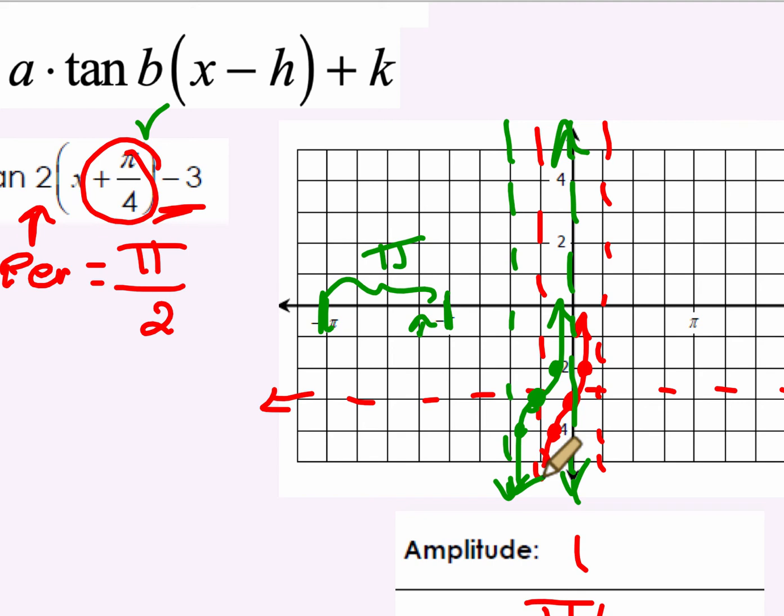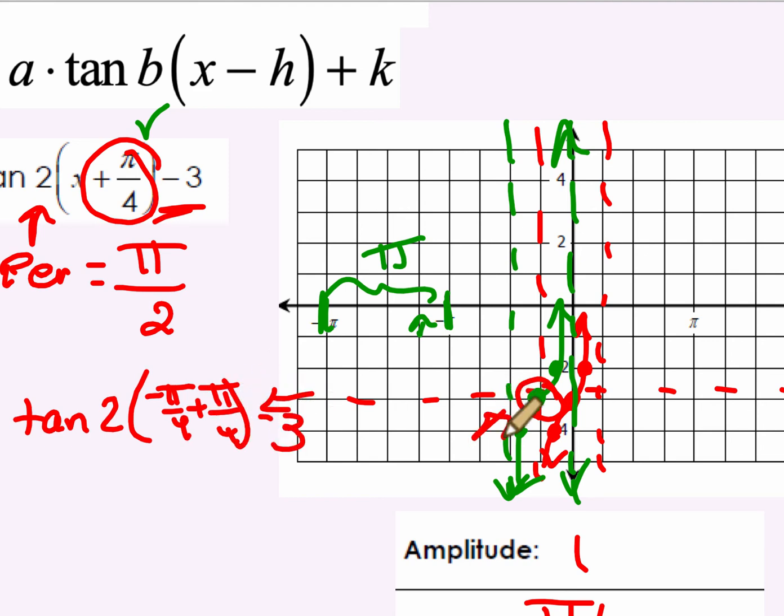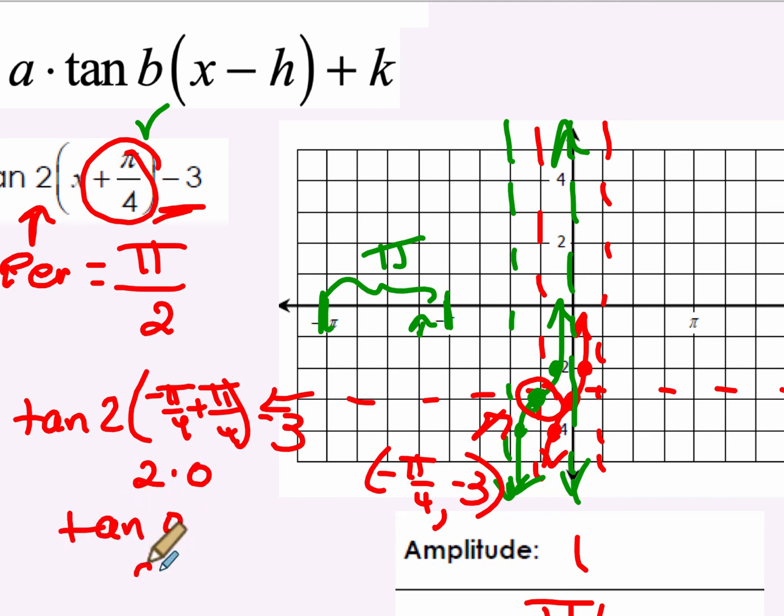Okay, and now let's double check. So my double check is going to be, I'm going to put in this point right here, which is negative pi over 4. So if I go tangent of 2 times negative pi over 4 plus pi over 4, minus 3, I expect I should get an output of negative 3. So negative pi over 4 plus pi over 4 is 0. And 2 times 0 is 0. And we know the tangent of 0 is 0. And 0 take away 3 is negative